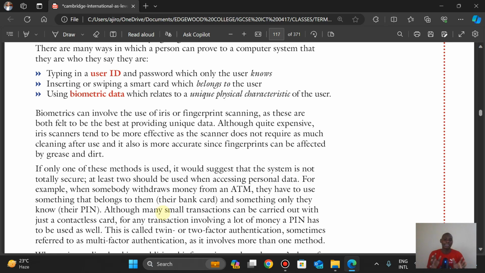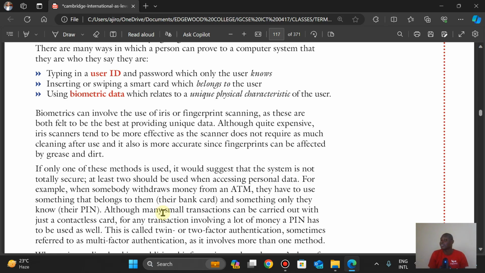Okay, now at least two should be used when accessing personal data. For example, when somebody withdraws money from an ATM, they have to use something that belongs to them, their bank card, and something only they know, their PIN. So if using only the bank card without the PIN, then